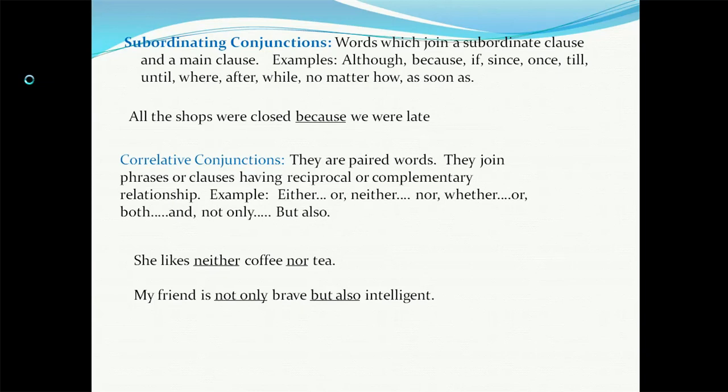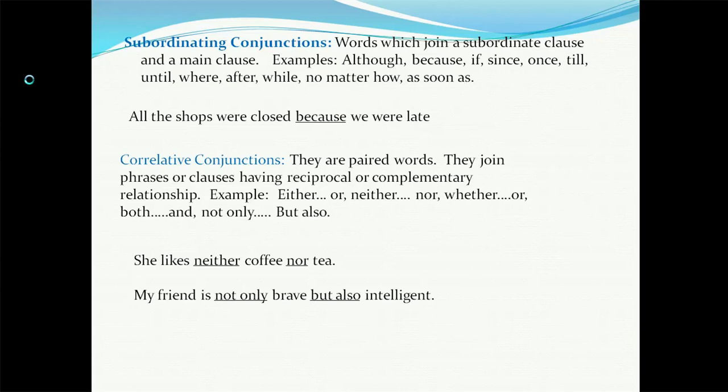She likes neither coffee nor tea. That means she doesn't like both of them. So neither nor is for negative. I will have either coffee or tea means I can have anything. Both are okay: if you give me coffee I'll have it, if you give me tea also I will have it. This is either or, that is for positive. If neither nor is used, that means both are not.